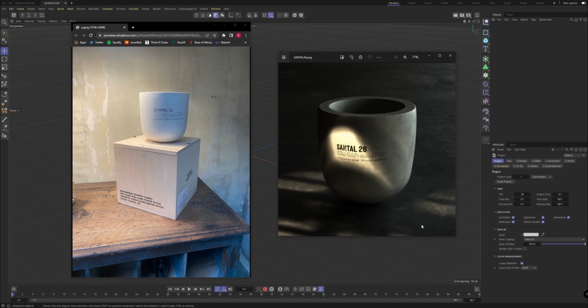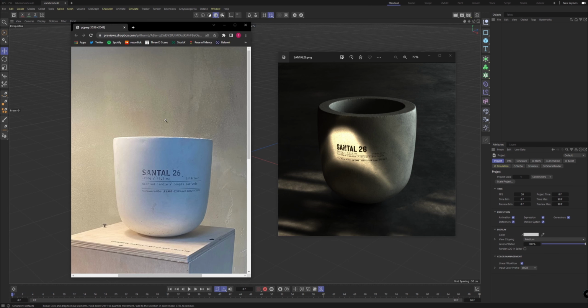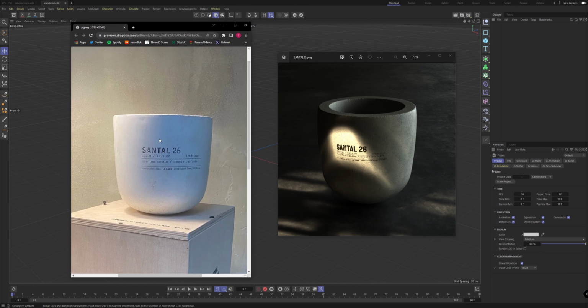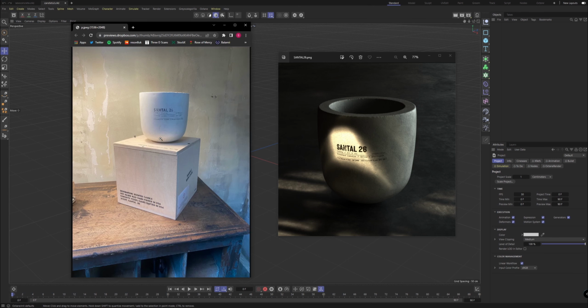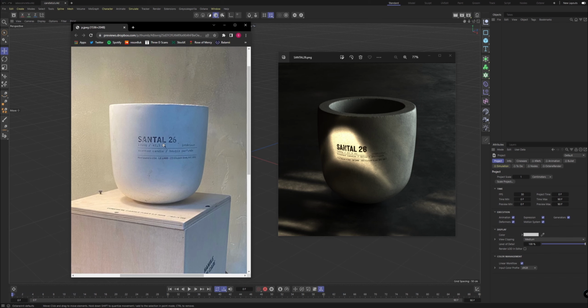So before we get started here, I figured I'd just really quickly run over the importance of references when you're working with 3D renders like this. A lot of the time, especially if you're really going for realism, you don't really want to be working with no reference. Specifically for this one, I got this idea of this candle from a shop that I was in London. And I saw this concrete and a lot of materials which have imperfections, sometimes nature a lot of the time, and started thinking about how I could generate this in 3D. And hands down, the best way to do it is have a photo up in front of you